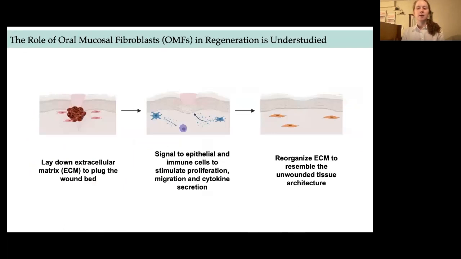Despite this intriguing phenomenon, very little is known about the cellular and molecular dynamics of oral mucosal wound healing. My project specifically focuses on fibroblasts, support cells that exist within the tissue. Fibroblasts are, in general, responsible for laying down extracellular matrix to plug the new wound bed, signaling to epithelial and immune cells to stimulate proliferation, migration, and cytokine secretion, and reorganizing the provisional extracellular matrix to resemble the unwounded tissue architecture. But little is known about the subpopulations of fibroblasts that exist within the oral mucosa and how they contribute